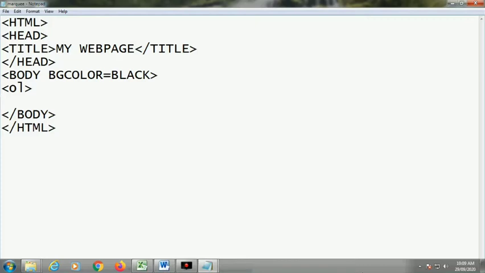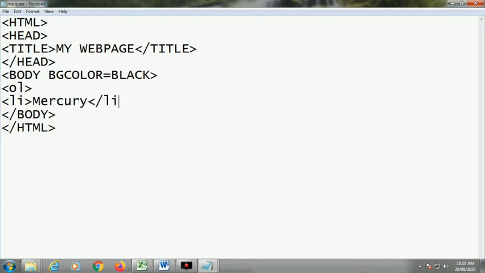So OL. After that I shall start LI. LI is for list item. Suppose we are listing the planets, so starting with Mercury. LI close. LI is a container tag, so LI has to be closed.